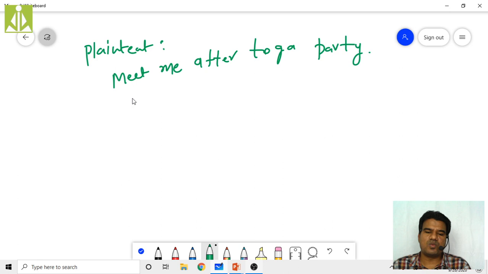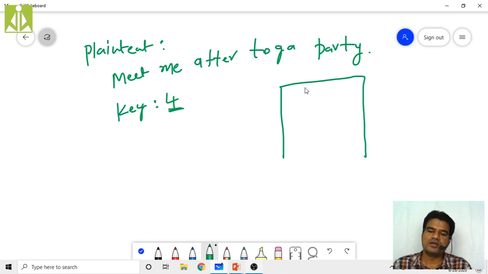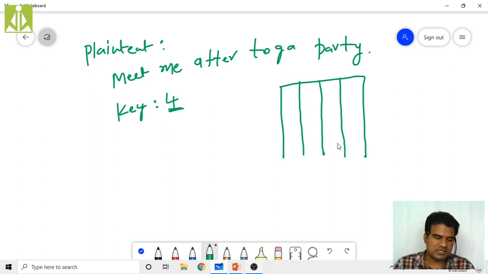Now what I have to do, the key they have given is 4. This 4 is nothing but your column count. So I have to divide my entire key table into 4 columns only. Rows can be any number, as long as I'm not finished filling in the plain text characters, you can draw any number of rows. But columns, they have given a fixed size, that is 4. So 4 columns only I have to take. And now I will start writing this plain text over here.